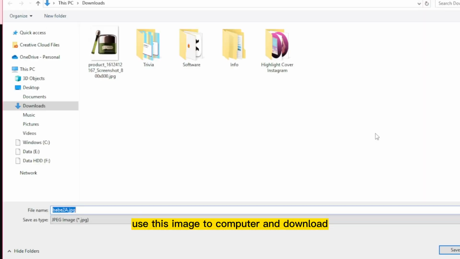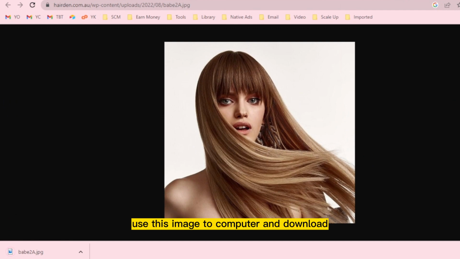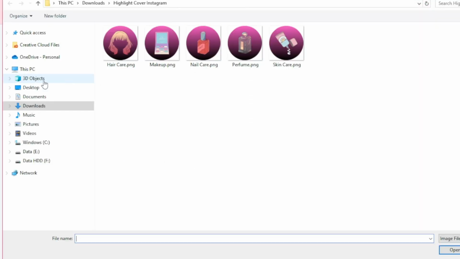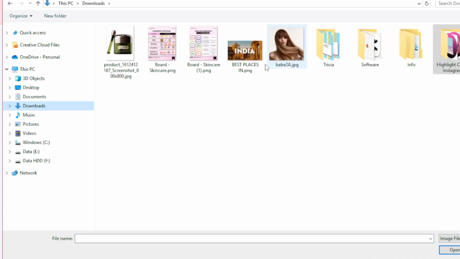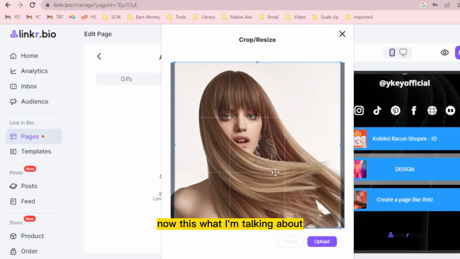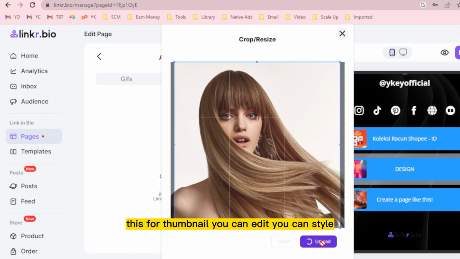You save the image to your computer and download it. Go to the download section and insert it. Now, this is what I'm talking about. This is for the thumbnail.